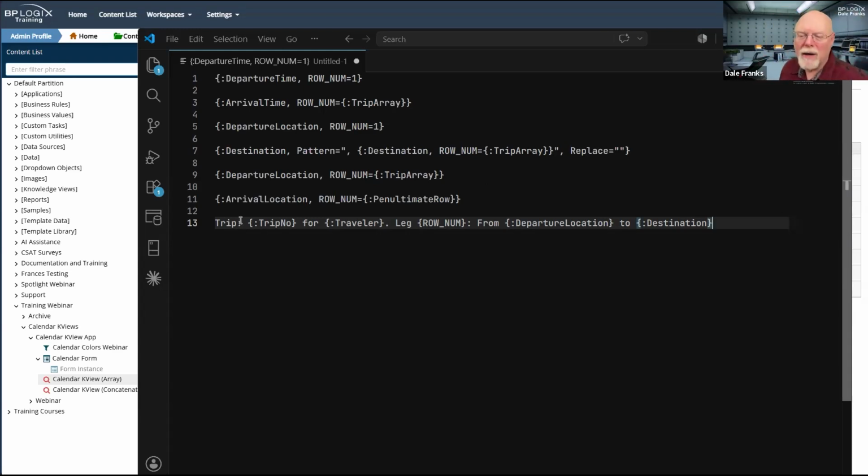So I am going trip number whatever for Diana, or trip 70 for Diana Stewart, leg 1, which is whatever the row number is. So it's going to go from top to bottom with my array row numbers for leg 1, leg 2, and leg 3 of this trip, from departure location to destination.